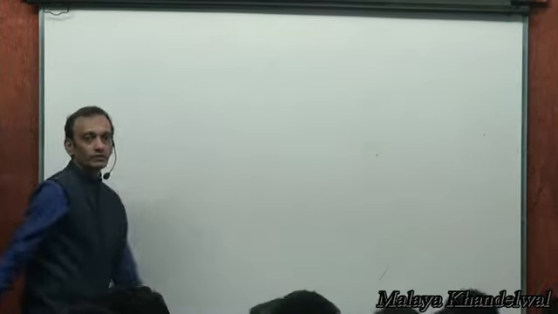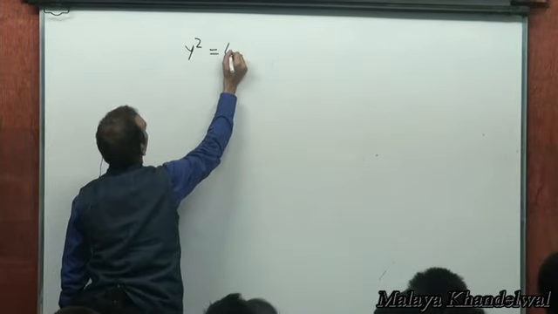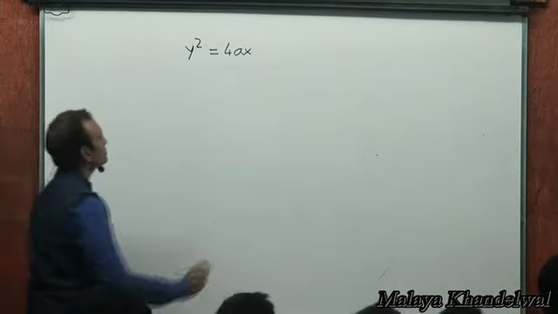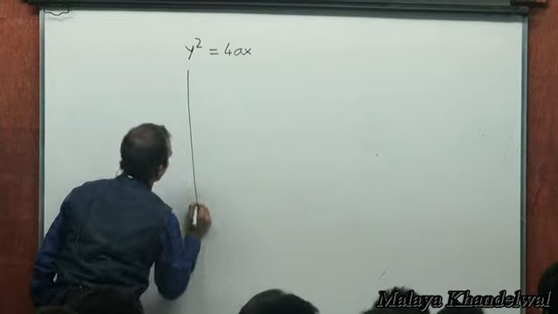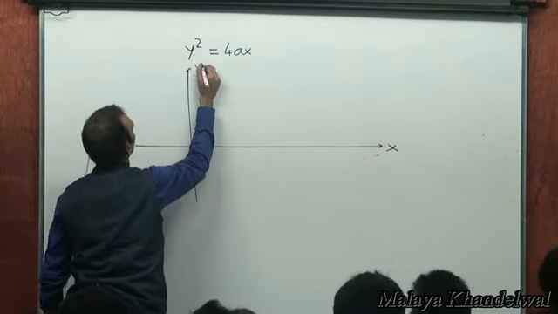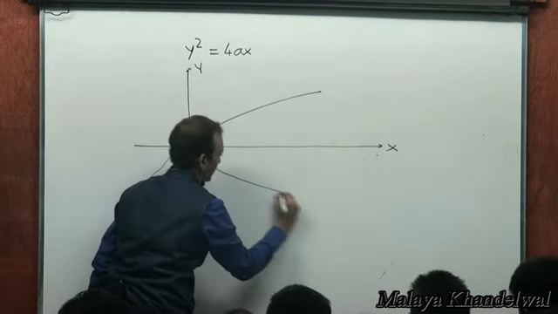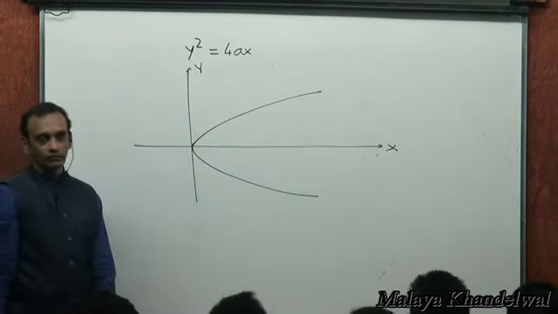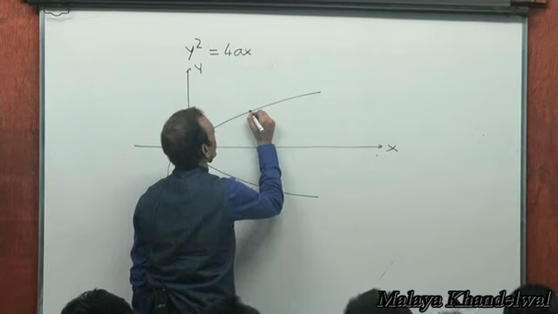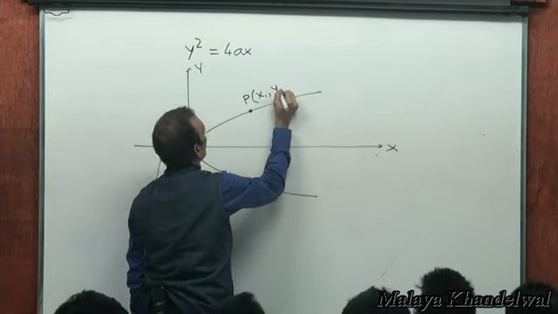Now we will look at this parabola y square equal to 4ax. 4a the latus rectum, the axis of symmetry being the x-axis, y square equal to 0. This is this parabola y square equal to 4ax, right? This is a point P (x1, y1) on the parabola,